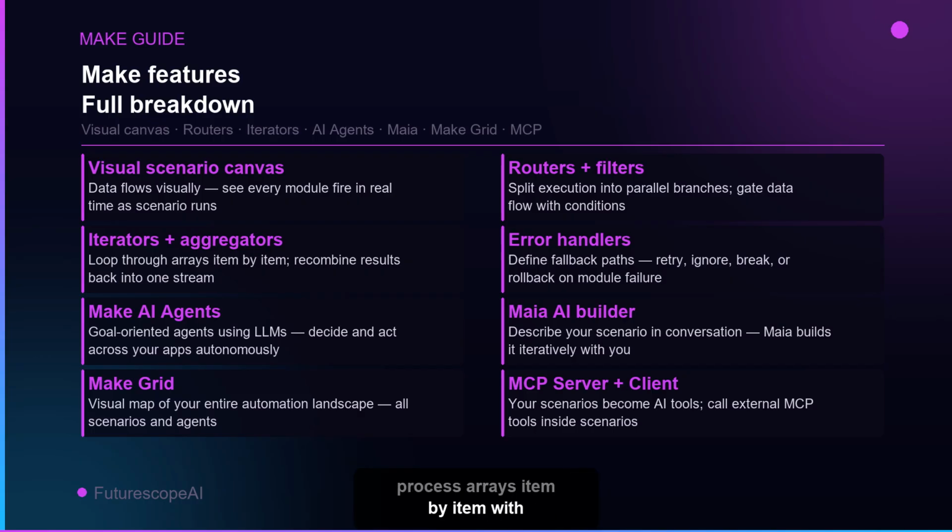Iterators and aggregators, process arrays item by item with an iterator, then recombine the processed items into a single output with an aggregator, essential for workflows that handle lists of data. Error handlers, define exactly what happens when a module fails, retry, ignore, break the scenario, or roll back to a previous state. Make AI agents, autonomous agents powered by large language models that reason, make decisions, and execute actions across